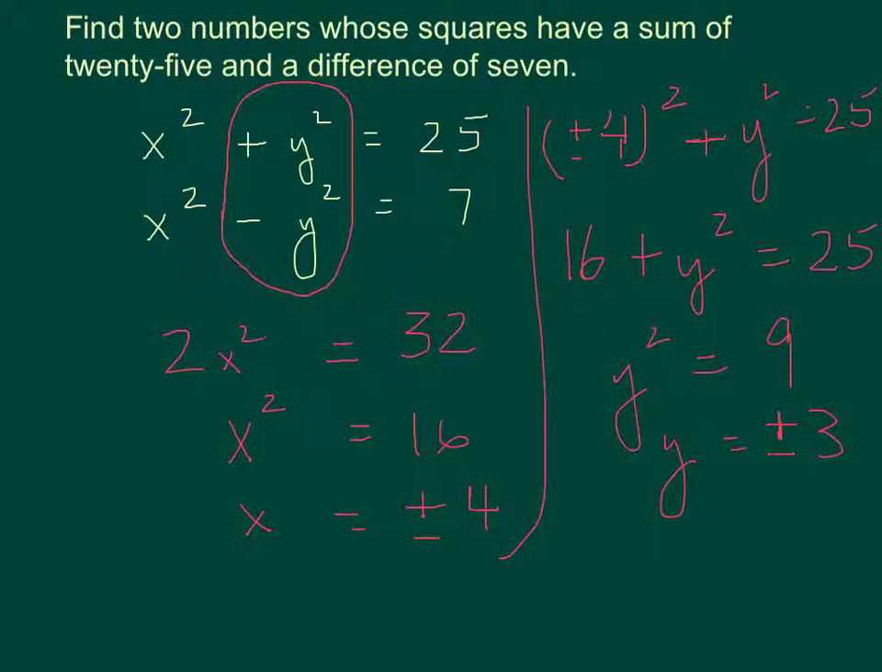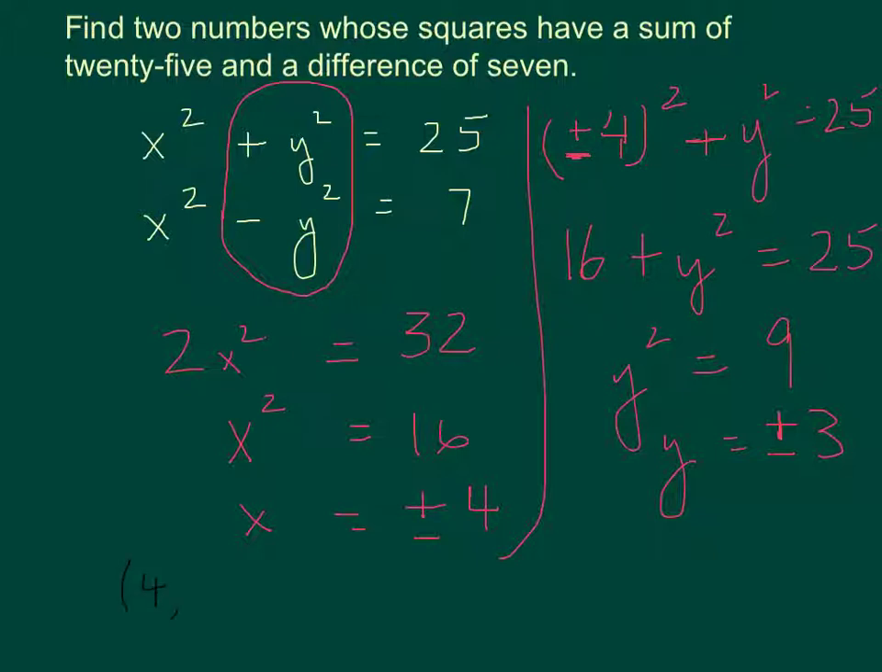Now notice here that if we plugged in a positive 4 for x, we get both positive 3 and negative 3 for the value of y. If we put negative 4 in place of x, we get both positive 3 and negative 3 for the value of y. So this is actually 4 answers here. So let's write the 4 answers out. So our 4 answers are